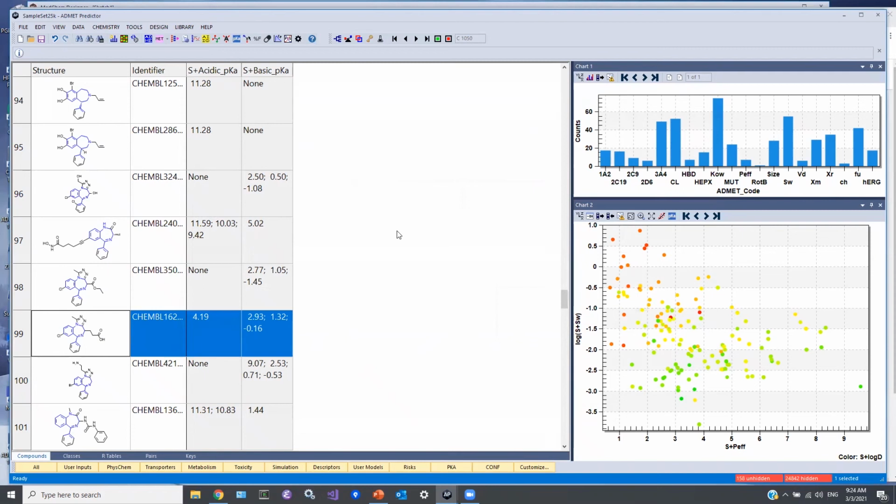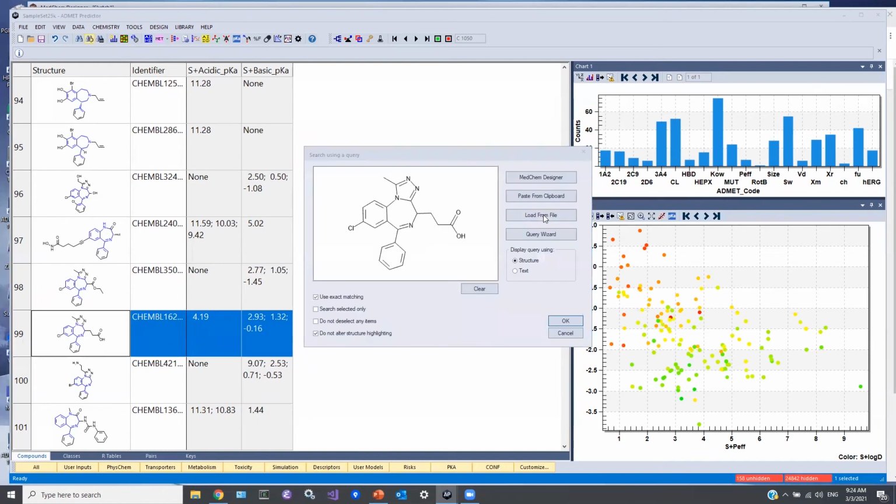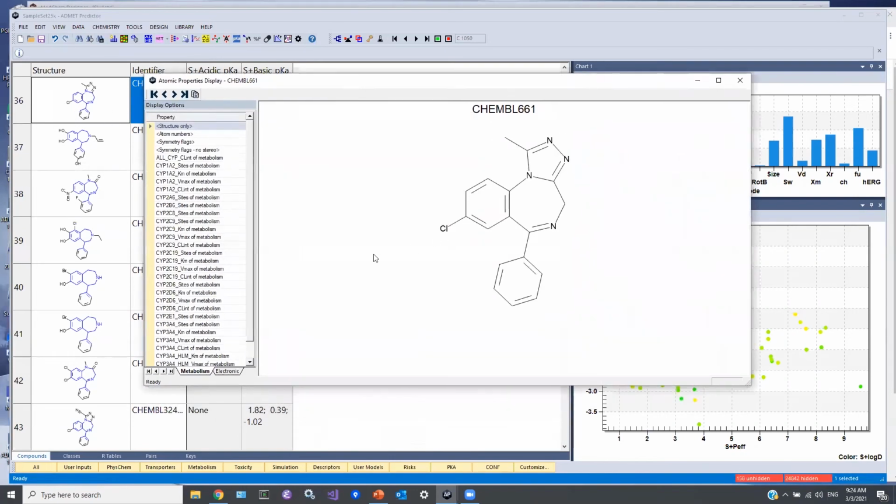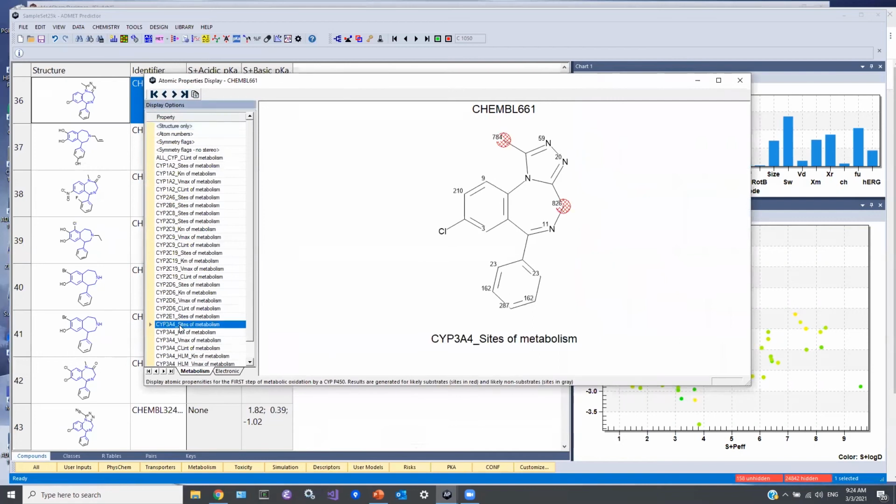Another useful feature is metabolite prediction. This makes use of both our substrate, non-substrate models, as well as our metabolic site models. I'm going to use a different compound, the drug alprazolam, to illustrate that. If I select that compound and launch what we call the atomic properties window, I can see a prediction of,